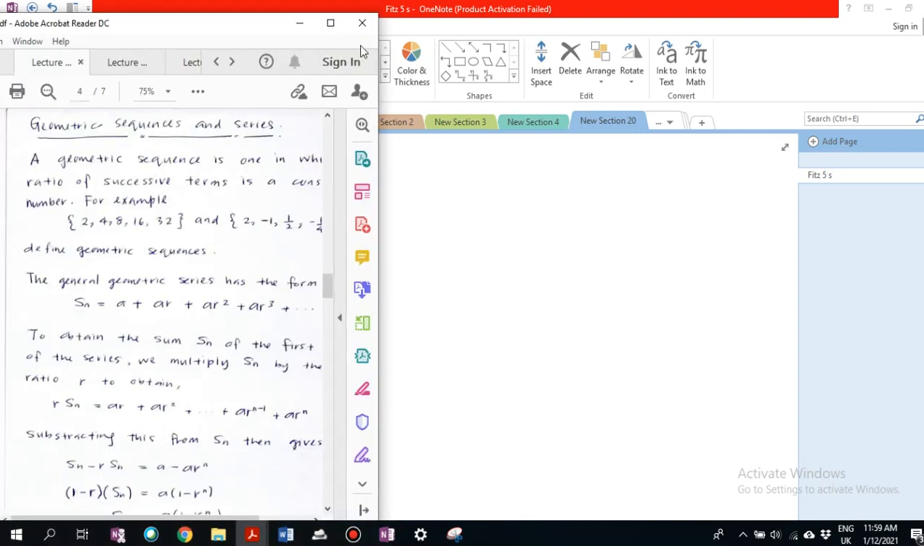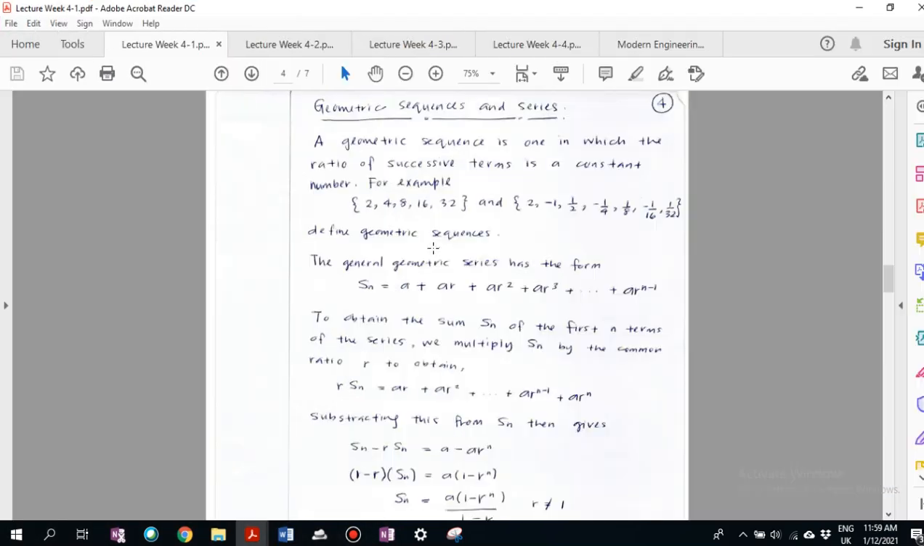What is a geometric series? A geometric series is one in which the ratio, so the key point is ratio, of successive terms is a constant number. For example, you have 2, 4, 8, 16, 32. So it means it's multiplication. Then you have 2, negative 1, 1/2, negative 1/4, 1/8, and the rest. So it defines the geometric series, whose general equation of Sn is A plus AR